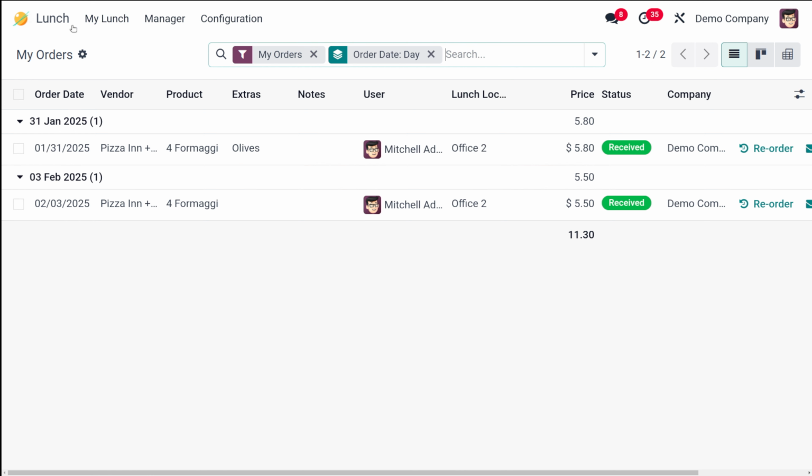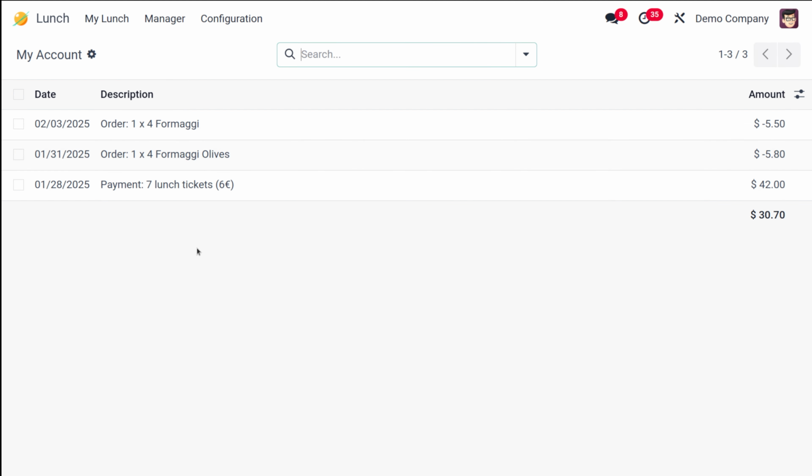And then you have the account history. Okay, so this displays all the account transactions, from newest to oldest. And the information includes date, description, and the amount. Okay, so here certain amounts are negative. So purchases made through the lunch app are shown as negative, and the account top ups or refunds from cancelled orders are shown as positive amounts.